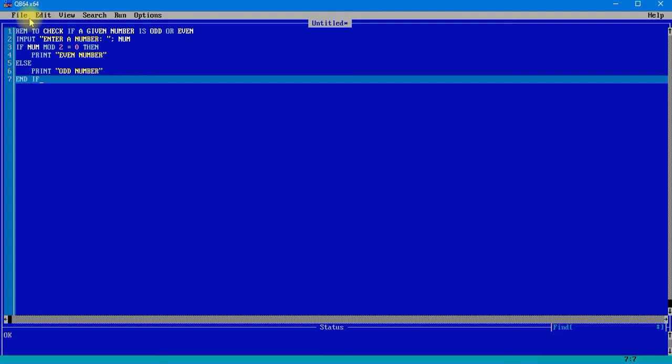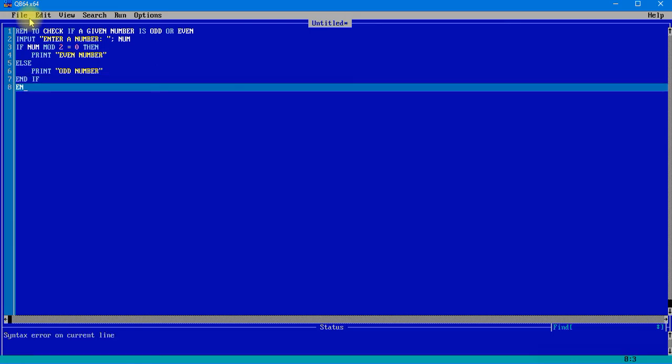So simply we are going to check a given number. Mod division is going to give us the remainder, and hence we are going to check if the remainder is 0. If after dividing the number by 2 the remainder is 0, then we can say that yes, it is an even number. If not, then it is an odd number. After that we'll just give end. Okay, now just run the program.